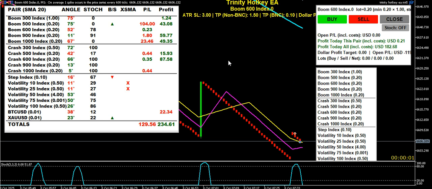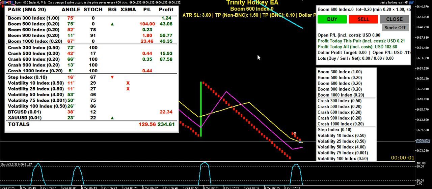So if we look on this left hand side, okay, by the way, these numbers are from a robot that I'm testing at the moment. The drawdowns are going a bit too high, so I'm trying to get that to be hedged so that we can limit that on, say, 10 or 20 or $30, and then it won't go over. It will freeze it until the price comes back. And here you can see it made from midnight tonight, made $234, but the drawdown is a bit high, especially on that one there. So obviously my robot trades a little bit differently to what we normally do on the